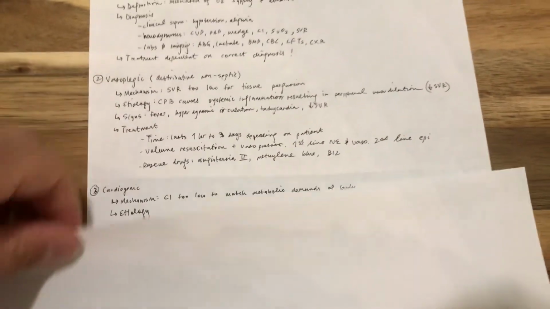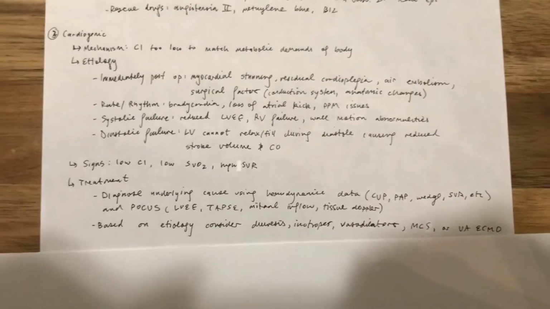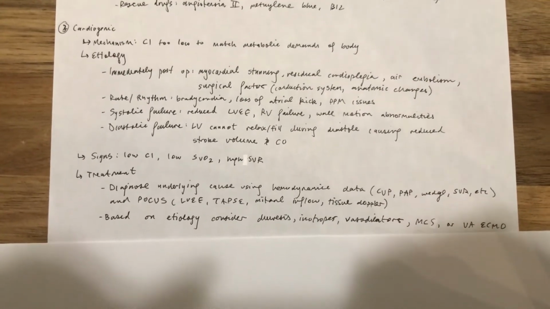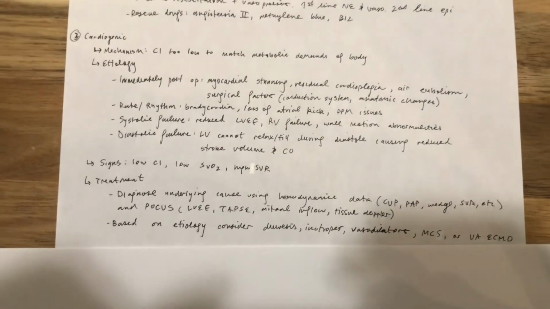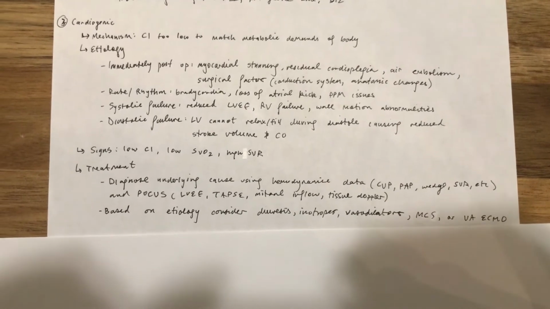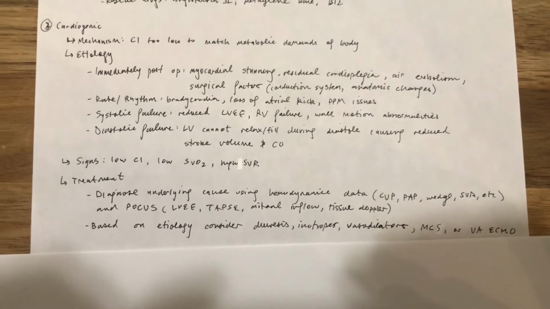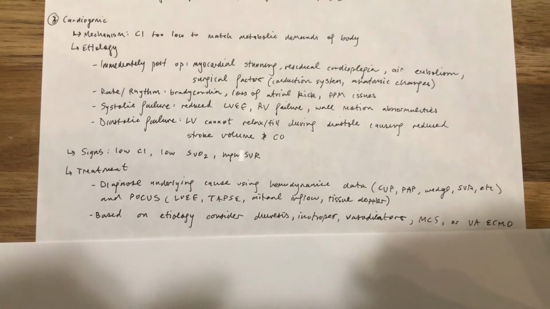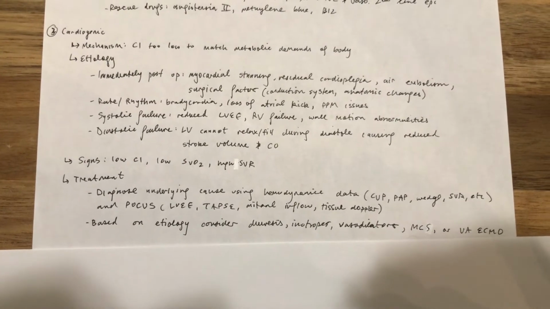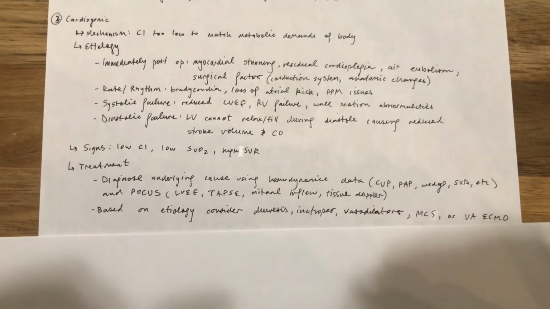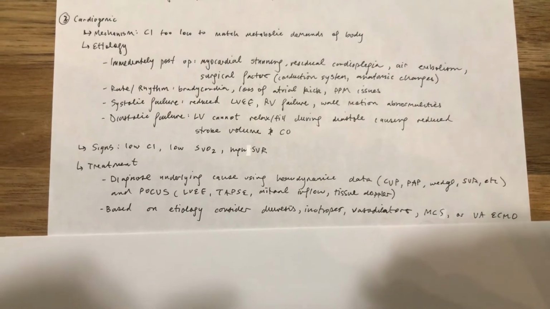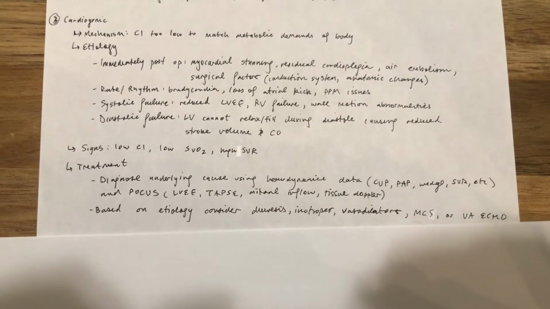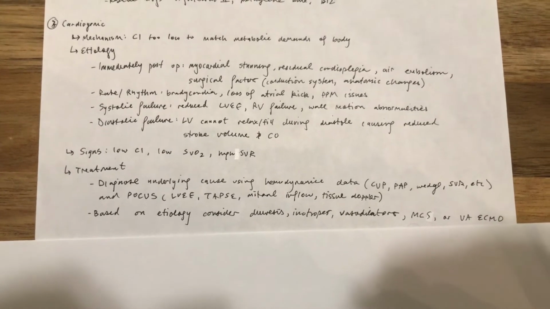So next we're going to move on to cardiogenic shock, and we're going to spend a little bit of time here because this is also unique to the cardiac ICU. And the mechanism is again very simple, right? This is just the heart can't pump enough blood to meet the demands of the body. Like, that's it. But why the heart can't pump enough blood is incredibly complicated, and this is why cardiologists exist. This is why CT surgeons exist. This is why CT intensivists exist. It's really, really hard sometimes to figure it out,